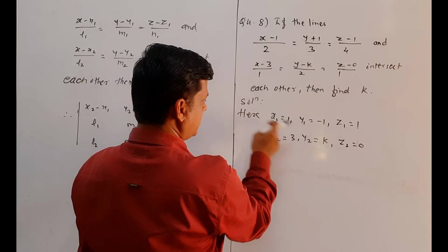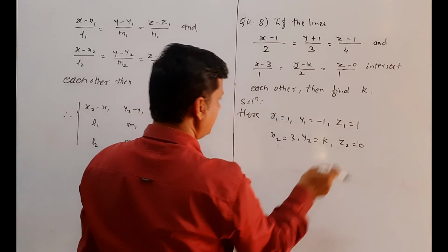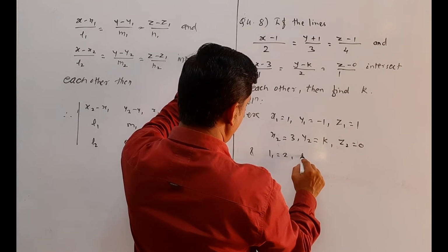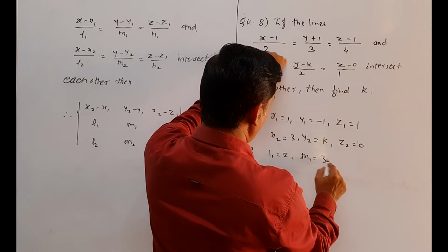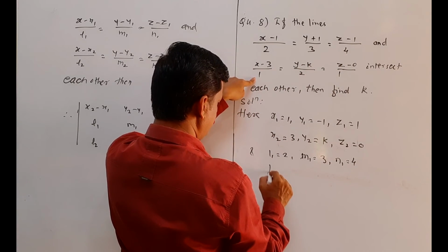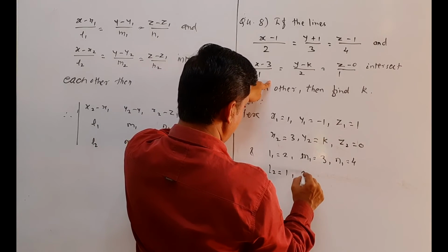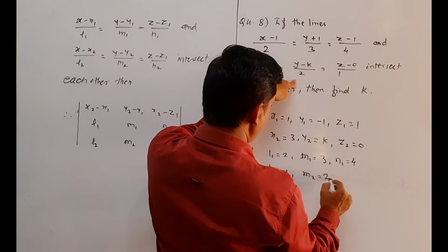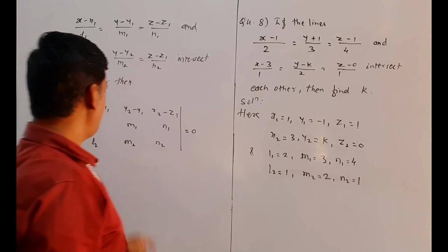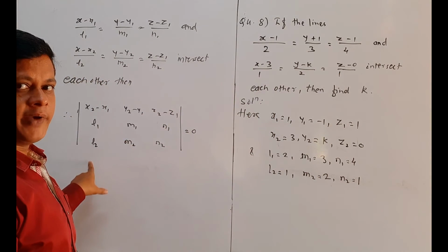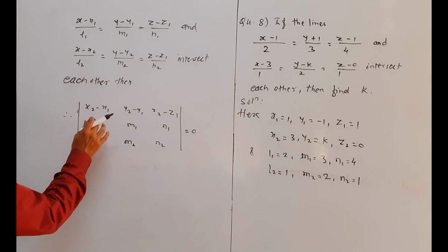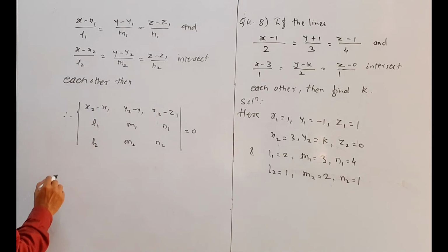So we get x2 x1, y2 y1, z2 z1, and l1 is equals to 2, m1 is equals to 3, n1 is equals to 4. Then l2 is equals to 1, m2 is equals to 2, n2 is equals to 1. So we have to calculate this determinant value and we have to take that value equals to 0. So we directly substitute that value in this form. Therefore, in